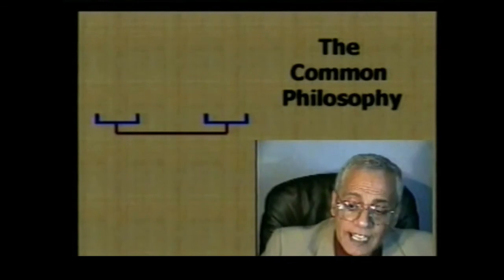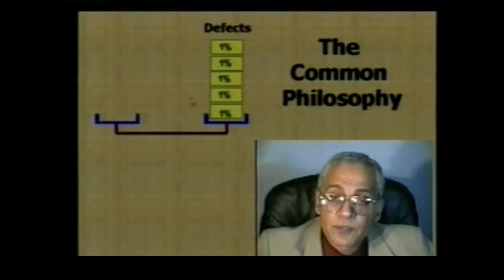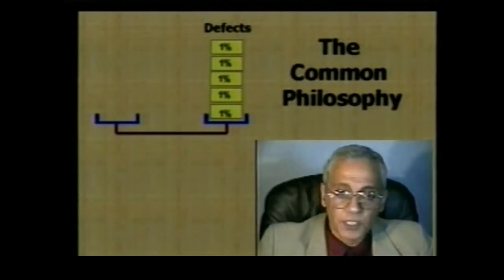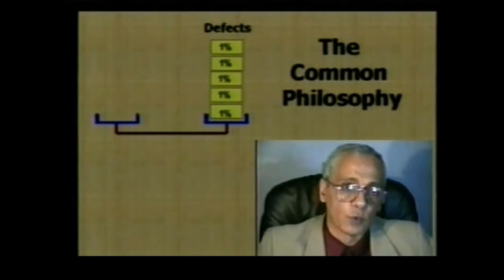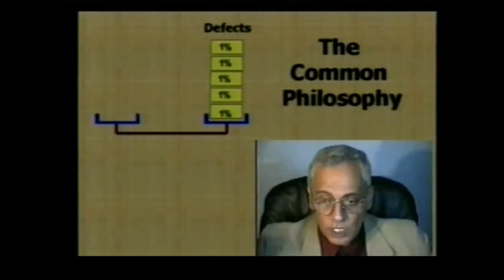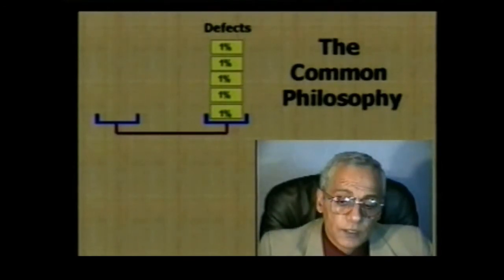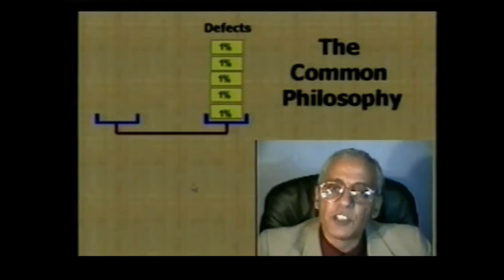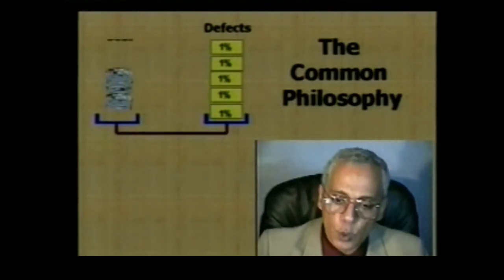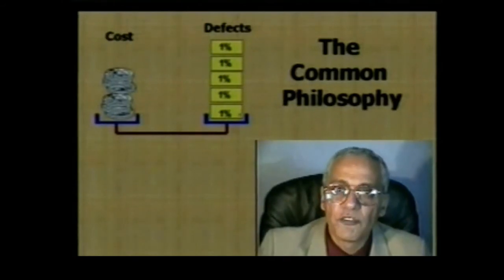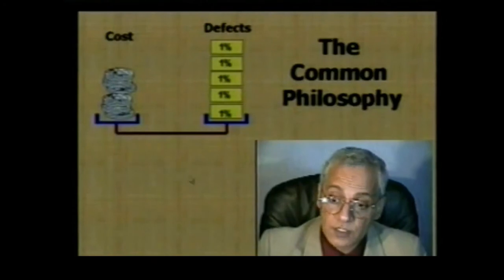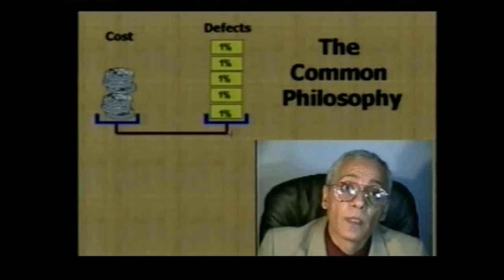The common philosophy is that if we have a percentage of defects, say 5%, and of course defects here could mean anything. It could mean ends down, it could mean warp stops, it could mean fabric defects or yarn imperfections. Quite often the way we think of these defects is primarily based on how much it will cost us to reduce them. We know it costs us. This is the cost of these percent defects.